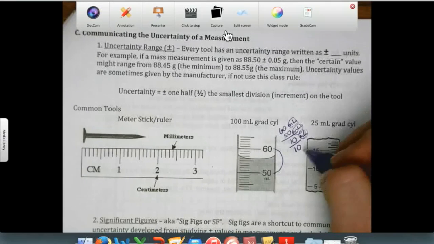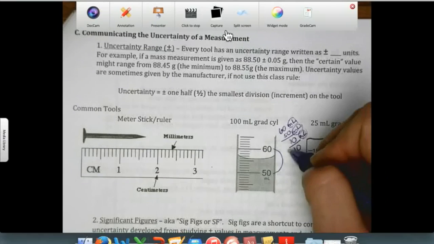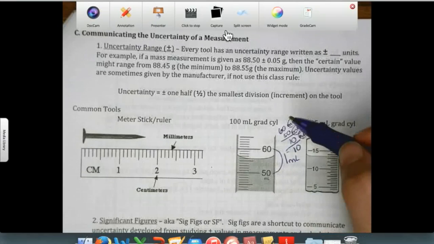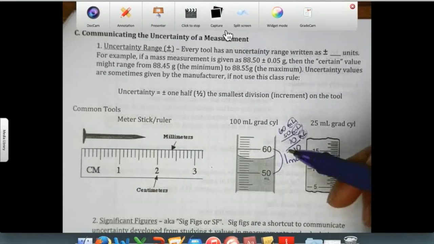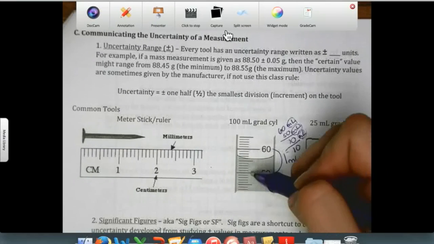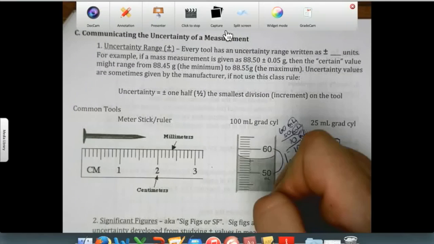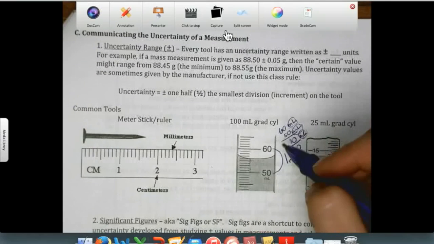So we're dividing that by 10 spaces, so that's going to give us 1 milliliter per line. Okay, so then we are going to go 1, 2, 3, 4, 5, 6. So we can start out with approximately 56,